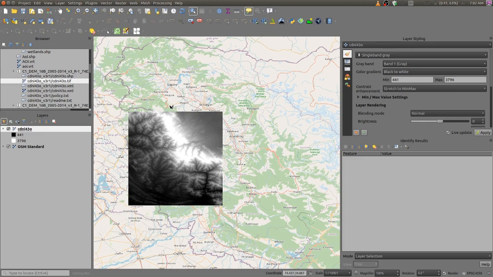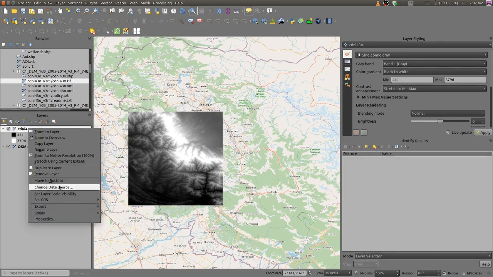For our next exercise, we will have a bigger area. For the current exercise, we will have only one DEM. Now, our first step is to see what data is contained in this DEM. For that, let us go to this DEM and say Properties.